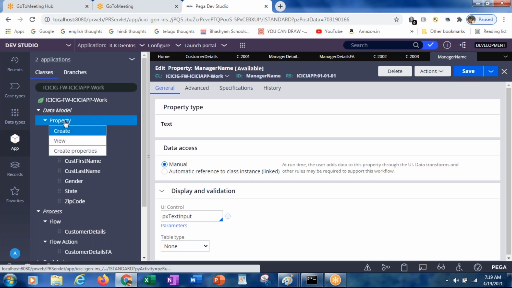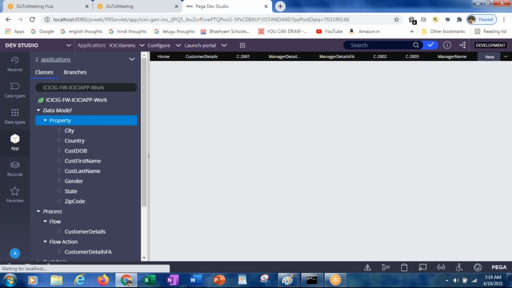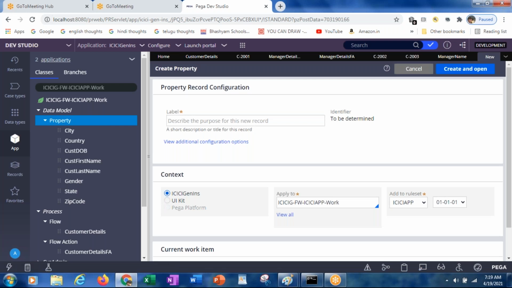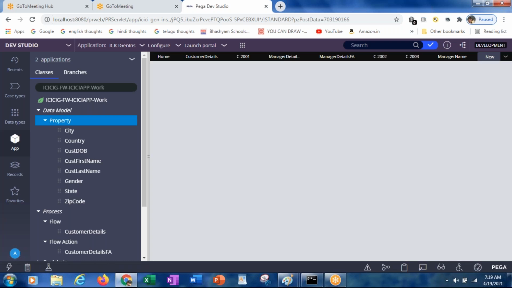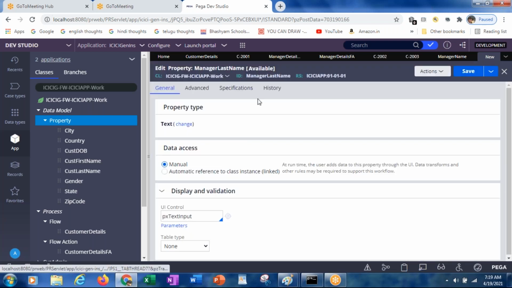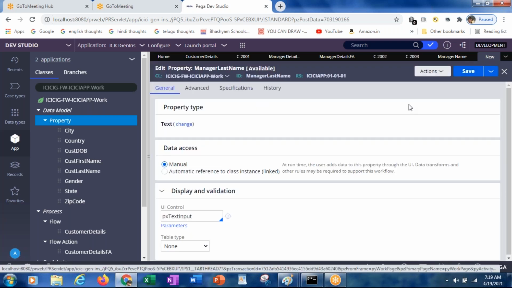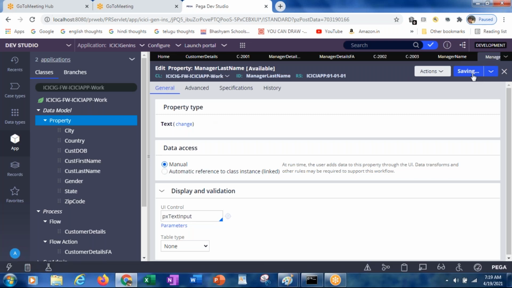Now create one more property, manager last name. Create and open. Now this will again be text only, and save.